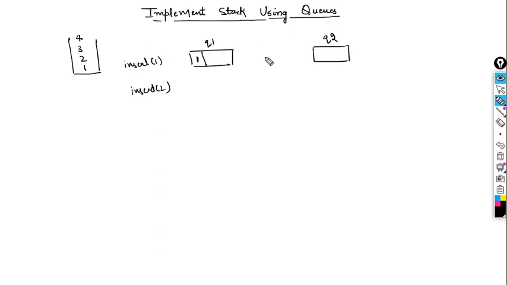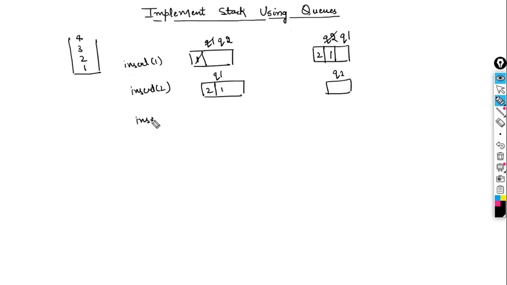So now we need to change our push operation. So we can do one thing, just push 2 inside this queue, okay, and pop the elements from q1 and push them after that. And then change the names of q1 and q2, make it q1 and make it q2, right? Okay, so now the status of q1 and q2 is something like this. This is q1 which contains these elements, and this is q2 which is empty, right?